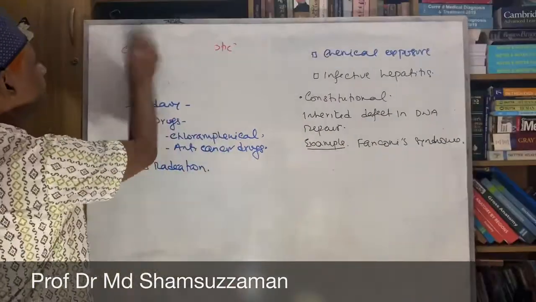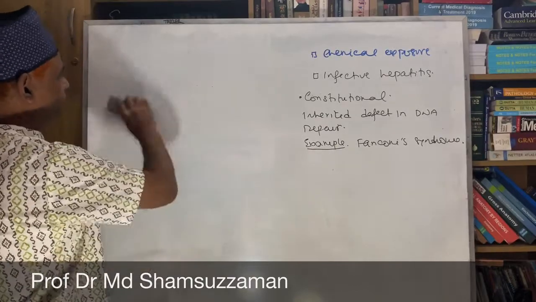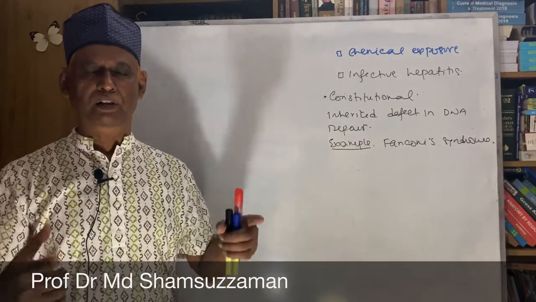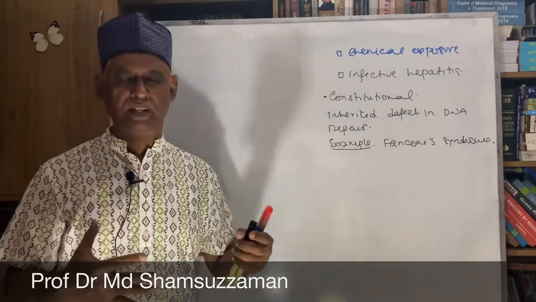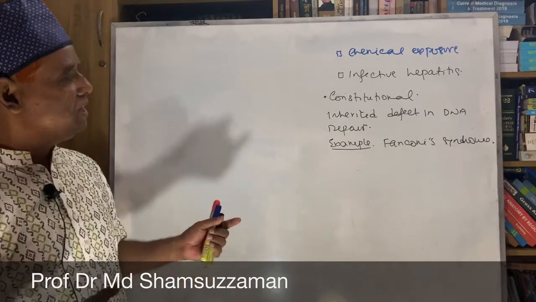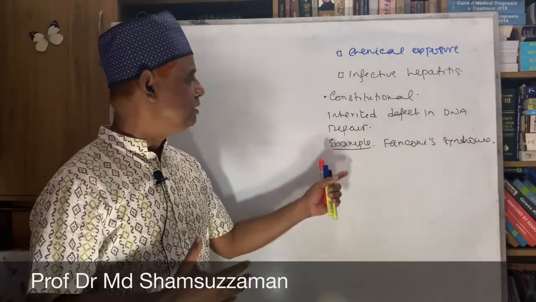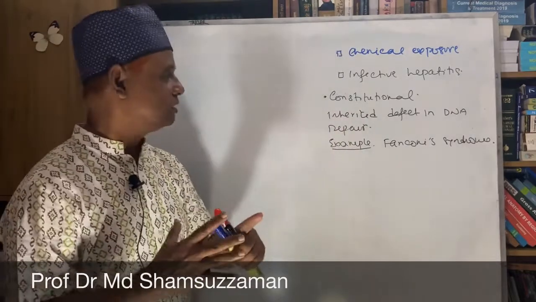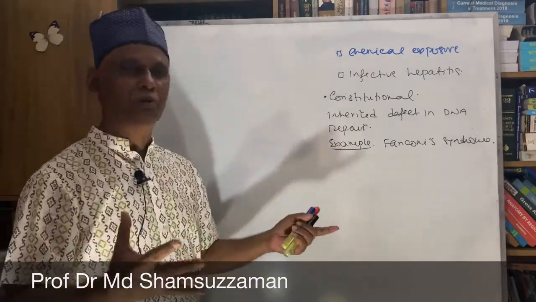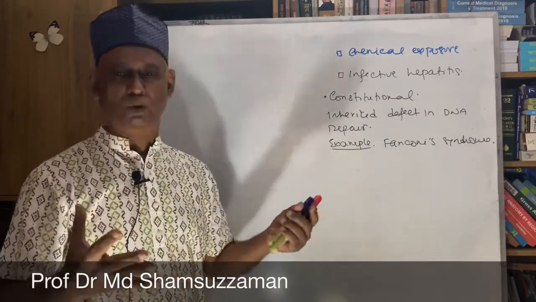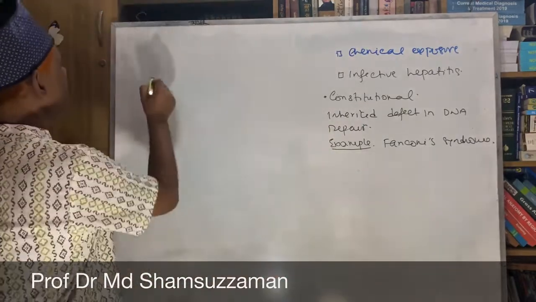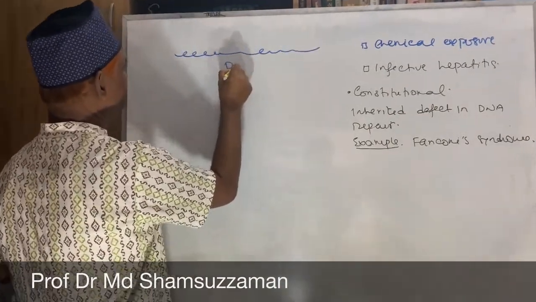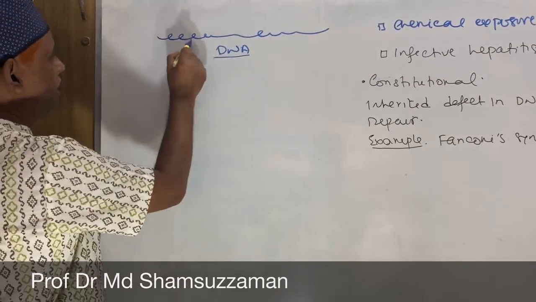Dear audience, our DNA undergoes damage, and there is a system in our body to repair that damaged DNA by certain enzymes. If there is any defect in the repair of this damaged DNA, the DNA will not be repaired. And if DNA is not repaired, there is a disease. It is called chromosomal breakage syndrome. Again, suppose this is DNA. This DNA undergoes damage